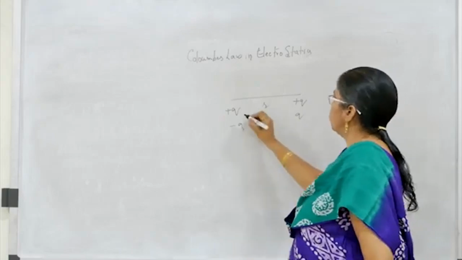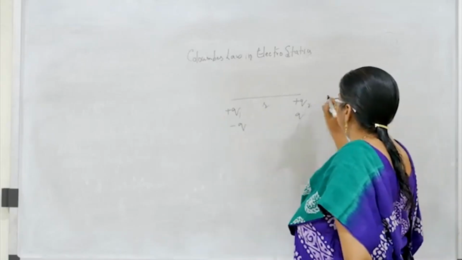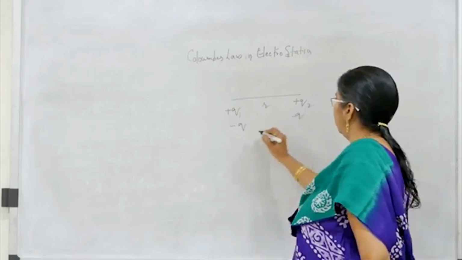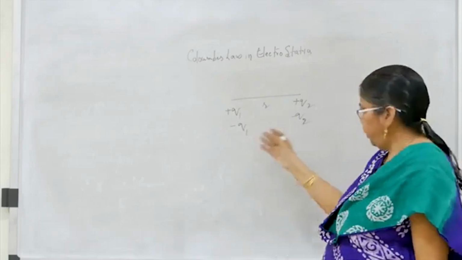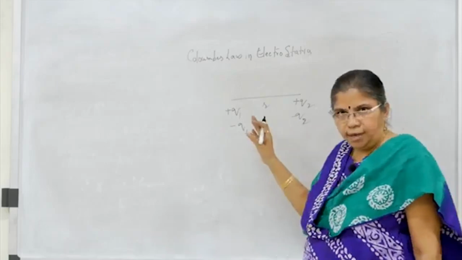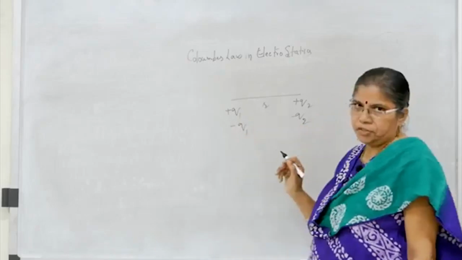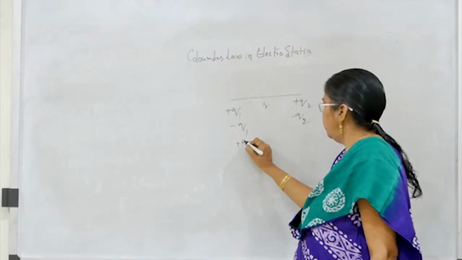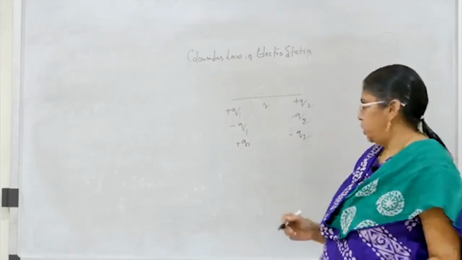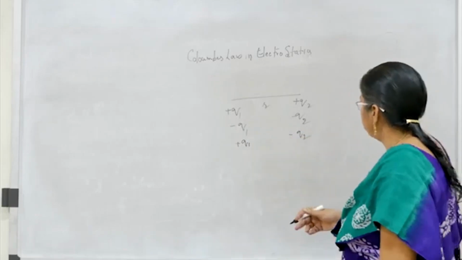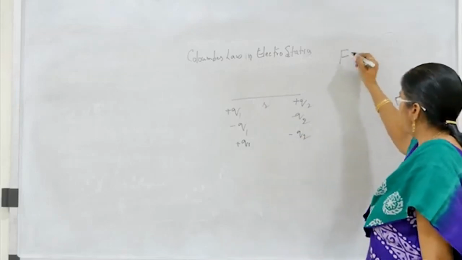So in place of q I take q1, and in the place of q I take q2. Here I take q1 and q2, so I have written it like this. They may be the same charges or different charges. It may be plus q1 and minus q2. So either of these, and r is the distance of separation between them, then the force of attraction or repulsion